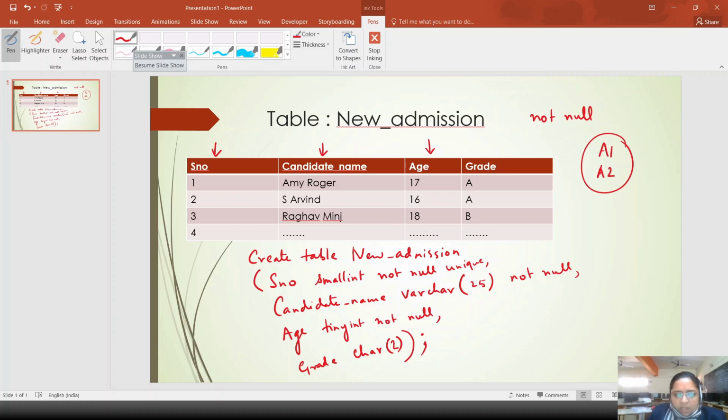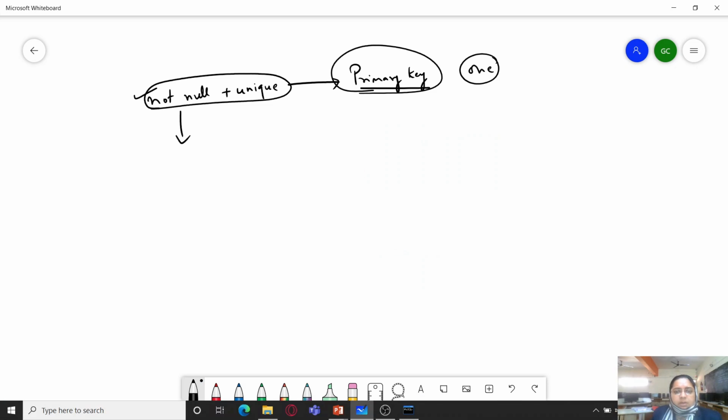Of course, we cannot apply a unique constraint for candidate name because two or more candidates can have the same name. And age also we cannot apply unique because obviously there would be more than one student seeking admission in the same year who have the same age. So you also have to analyze the type of data which would be stored in the field and accordingly apply the constraint. Usually unique constraint is applied on fields